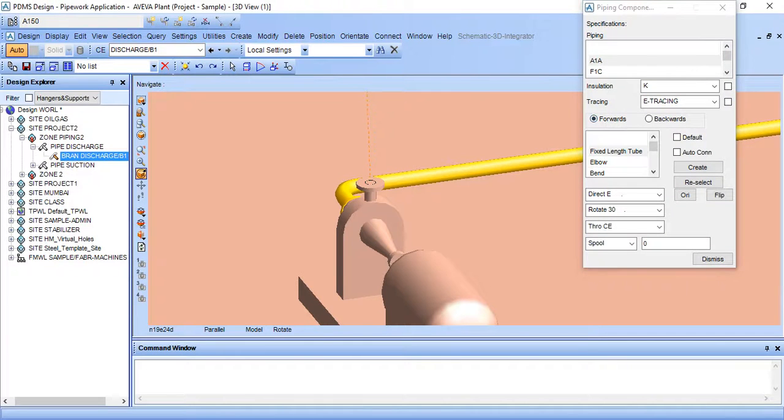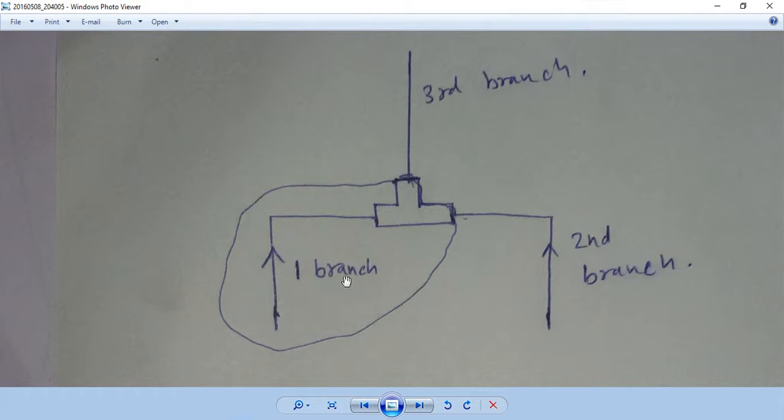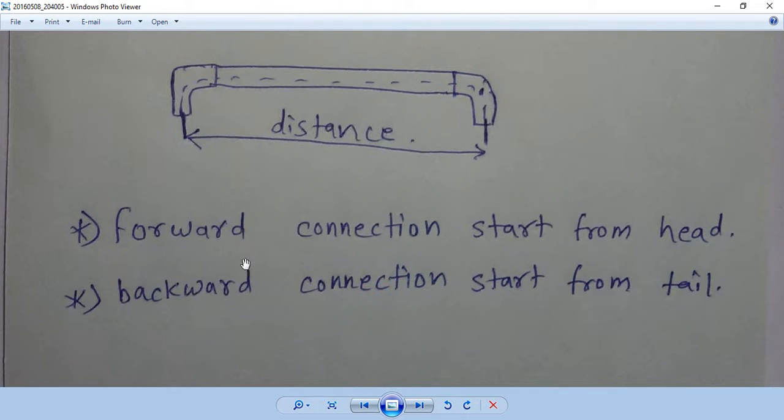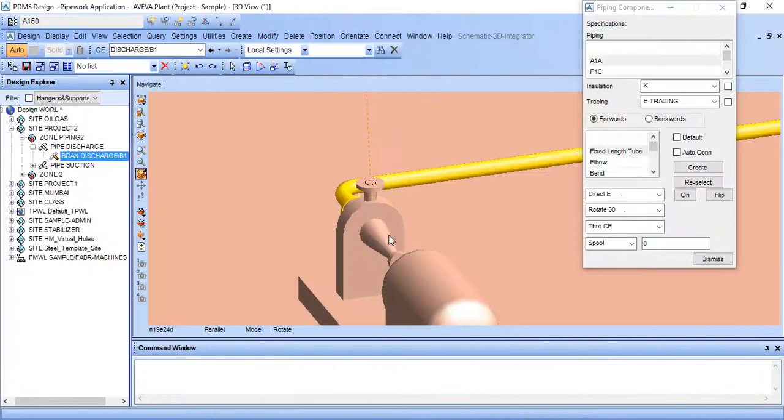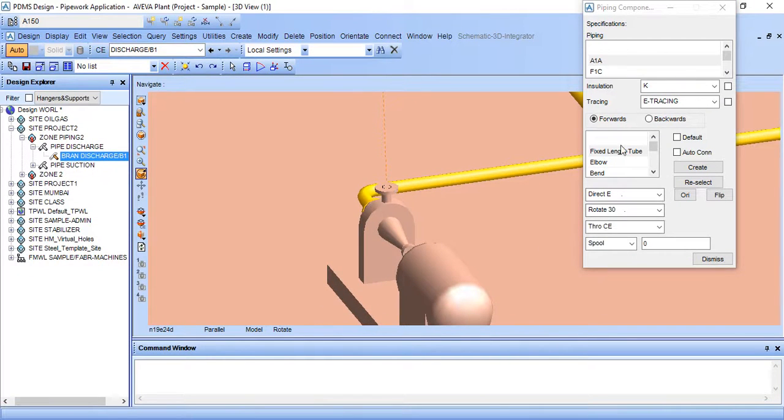So it is forward. I want to tell you one thing: forward connection starts from head and backward connection starts from tail. So it will start from head, so we will give forward connection.